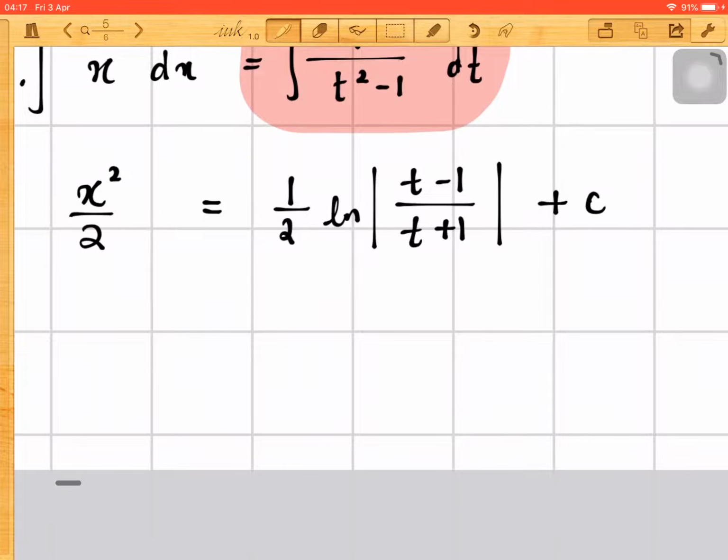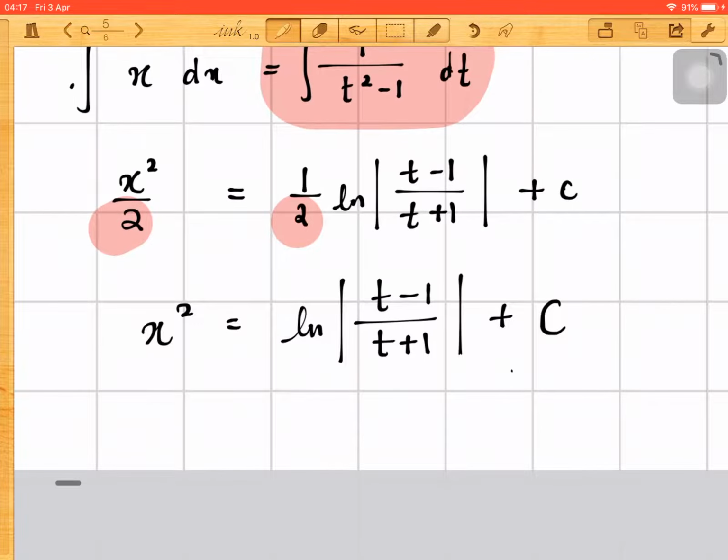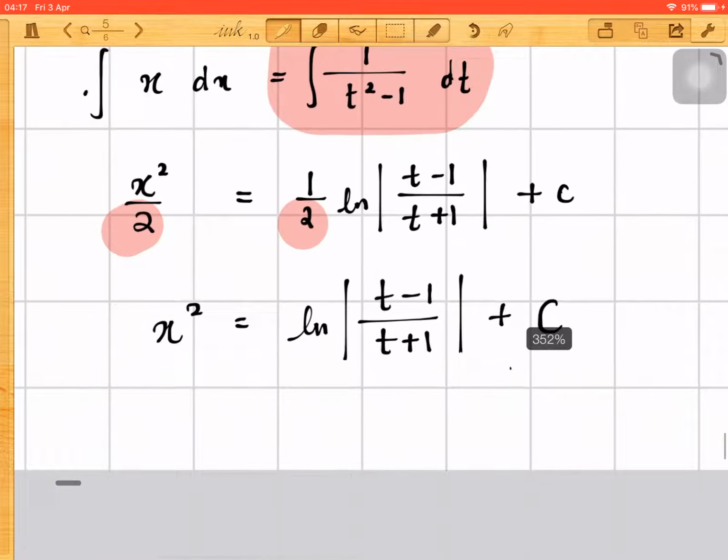Because you want to show, we want to remove this 2 here. So you're going to multiply 2 on both sides. So x squared equals ln of t minus 1 over t plus 1. Actually this is 2c, but 2c is just another constant. That's why I just write it as c here. So we should